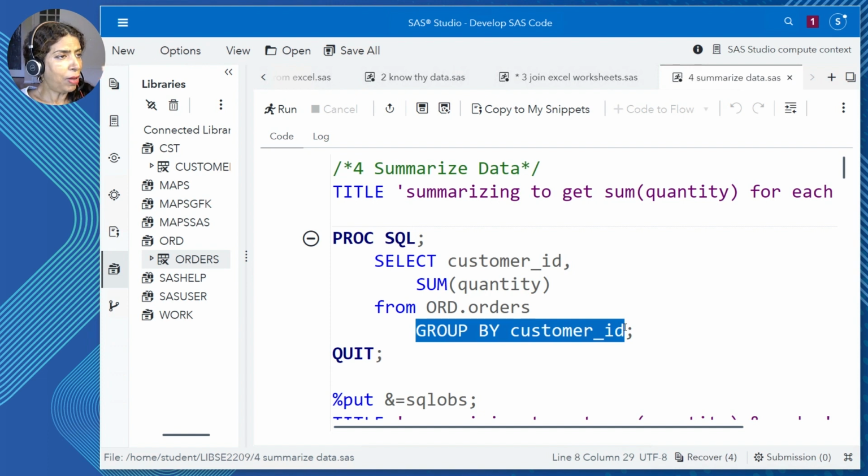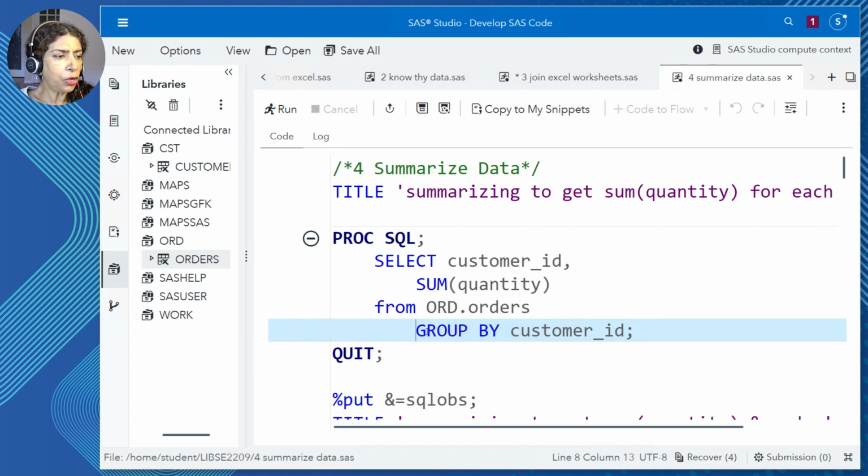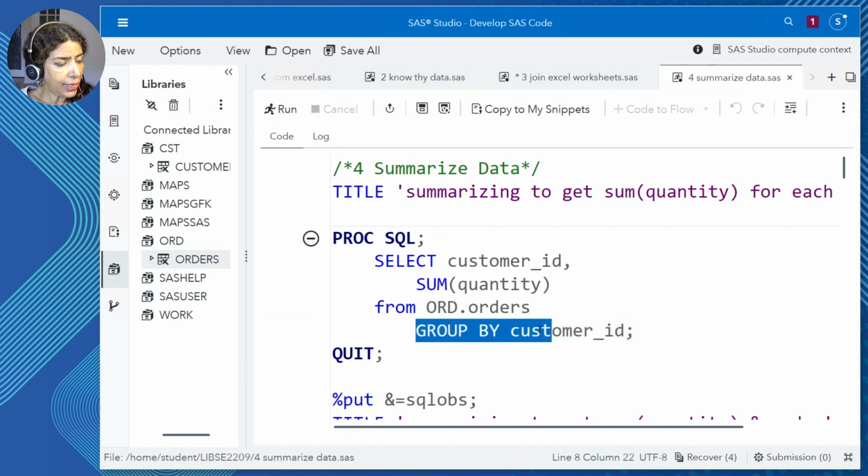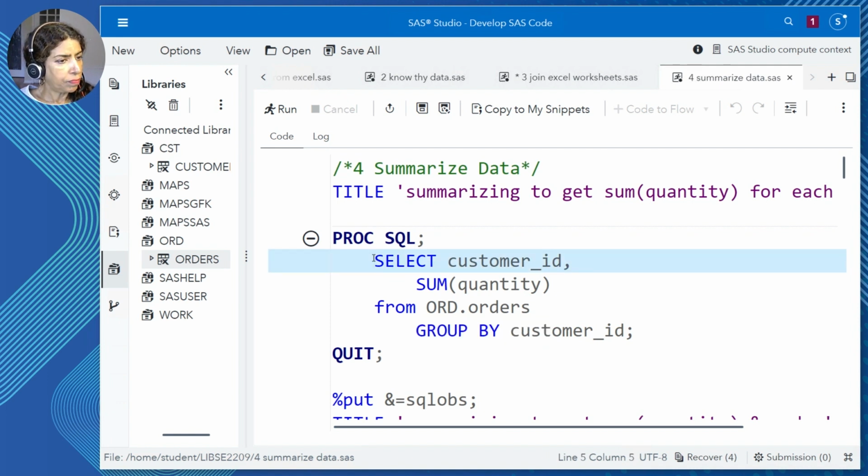What I'm thinking in my mind in the English language is how I craft my query. Now, certainly, I know how to group the data. I've added the group by, and then I also need to give SAS one more key piece of information. Telling SAS to group for each customer to get the sum of quantity is going to come on the select.